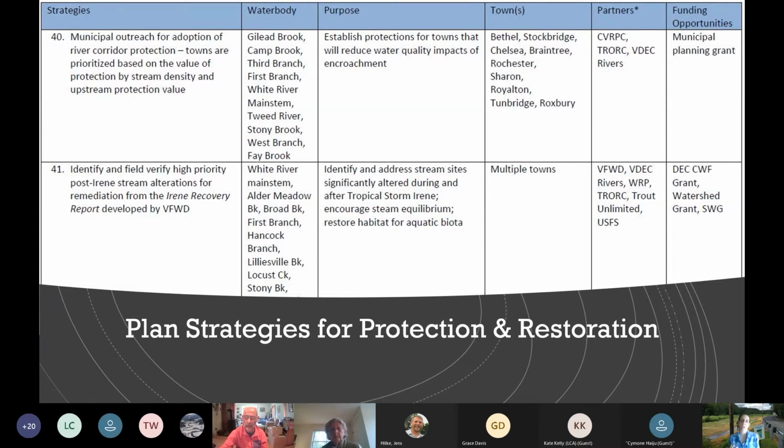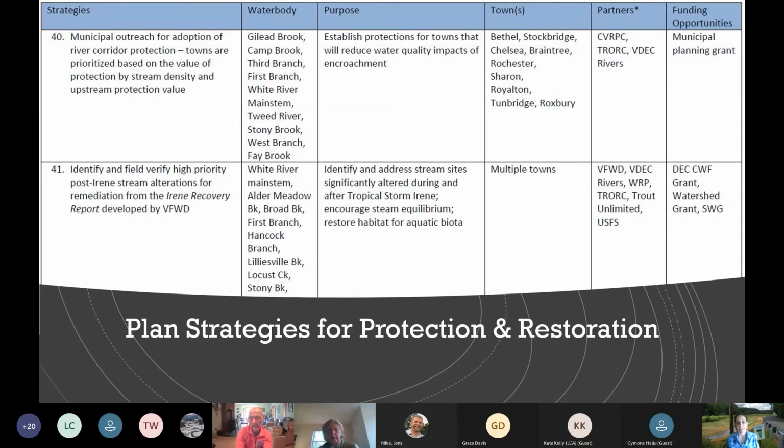So one of these actions you may have, if you're on a town planning commission or select board, you may have somebody from one of the commissions reach out and say, hey, this is a priority in the Tactical Basin Plan. We want to gauge your interest in carrying out this strategy. Can we work together on this? Because there's a lot of things that can get done in a basin plan, we really are looking to work with people who are ready to start working on the strategy. Sometimes towns are really not ready or really not in a place that they can carry these out. So we generally will check in with them, get an idea of what their timeline might be, and then check back in when it makes the most sense.